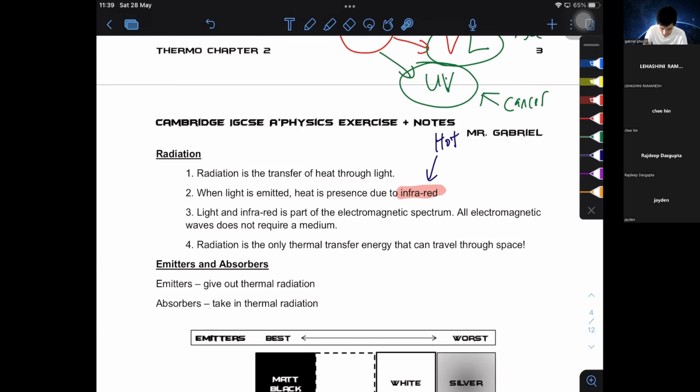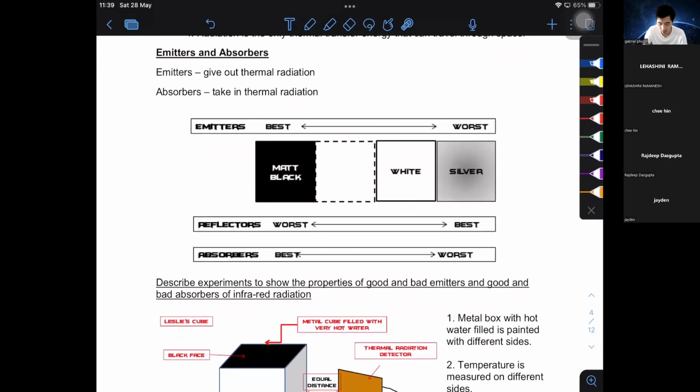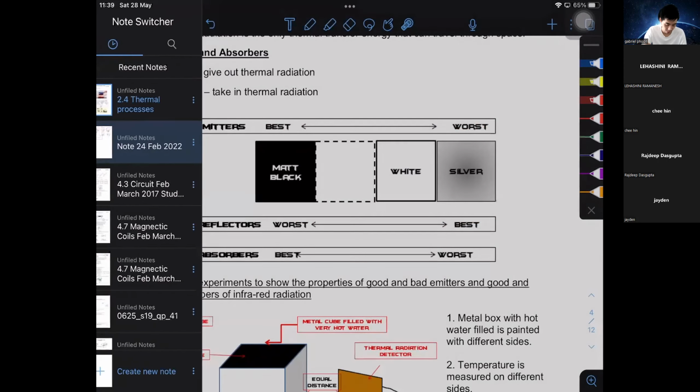Okay, then the final thing that we're supposed to learn about today is basically emitters and absorbers of heat. Now, emitters and absorbers of heat are essentially just playing around with the black, white, and silver materials, right? I think most of you guys have learned this in year 9 as well, but just for understanding sake, we know for a fact that black is generally the best absorber of heat, meaning to say, right, if let's say,